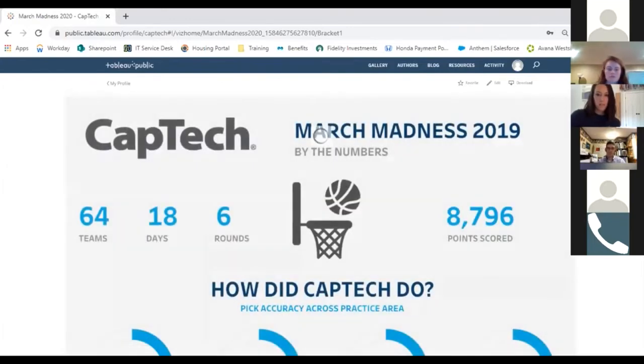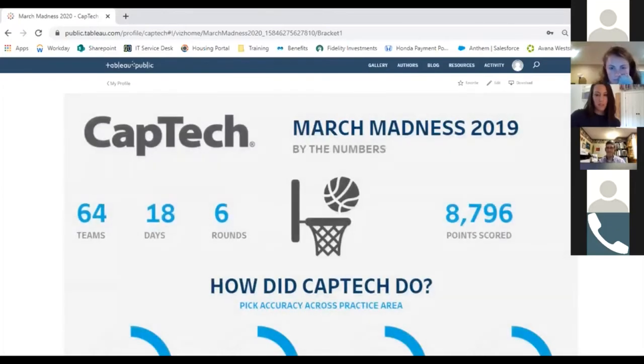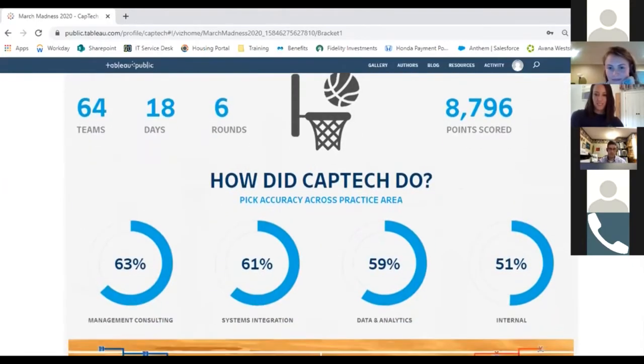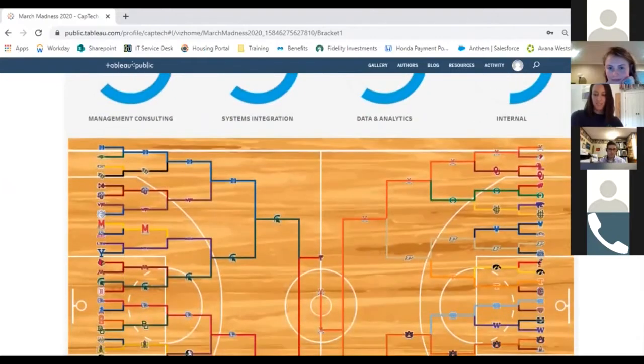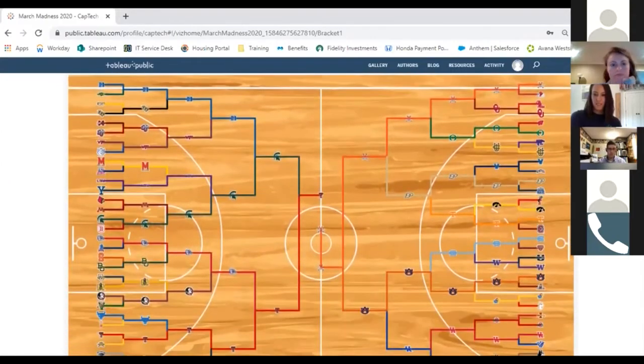So this was one that we built new for this year. We started off with, what's a March Madness tournament without a bracket? So we wanted to put a bracket into the dashboard, and the intent with the bracket was to have it update in real time and show the scores of the games. Unfortunately, we couldn't do that today because there's no games happening, but we were able to plug in last year's